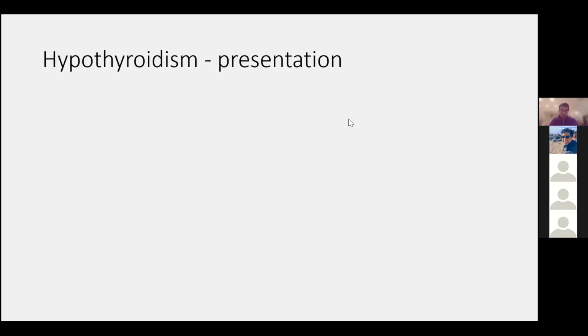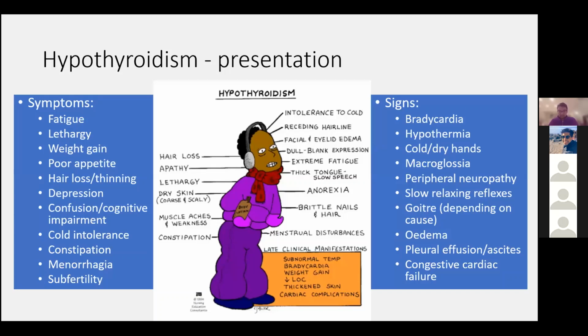So how do patients with hypothyroidism present? You can see in this picture quite clearly, you can characterize these symptoms based on body system, but an easy way to remember how a patient with hypothyroidism presents is that everything in the body will slow down. Speech slows down, so it often becomes quite deep. They often become bradycardic. They'll become constipated. They'll become more fatigued, they may become depressed, and they may have a degree of cognitive impairment and confusion.